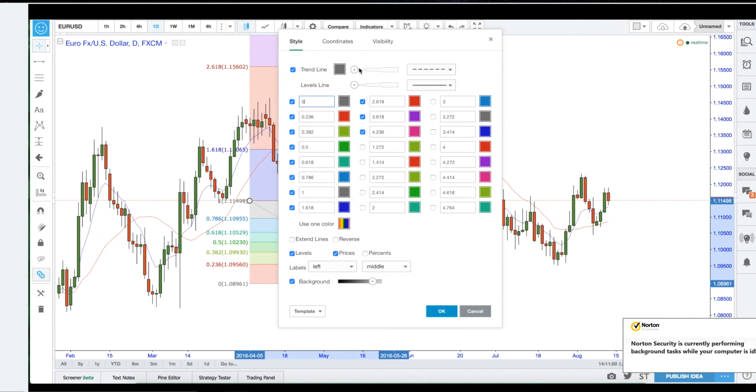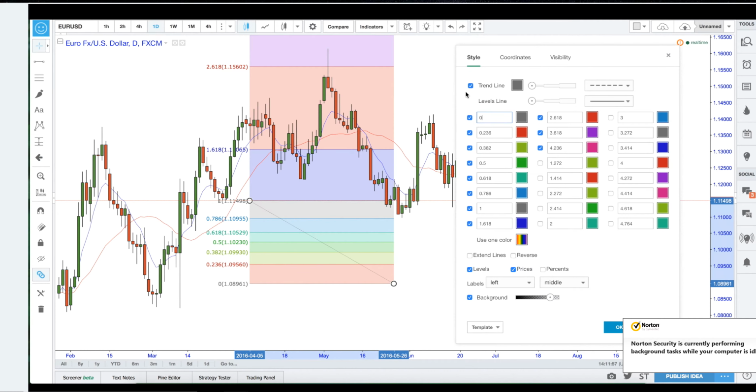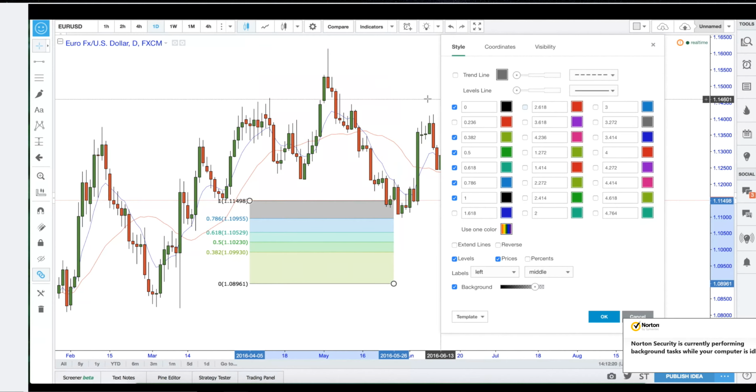Now, these are your Fibonacci settings. Right, the trend line, okay, is this finger cross here. I prefer not to have that on my screen. Right, the 0 level should be black, 1 should be black. Right, 0.236 I do not use. 0.786 I use. 0.382, so that's a 38.2. 0.5, that's 50%, that's 61.8. So I don't use this one, none of these. So we want to just keep these on for now.